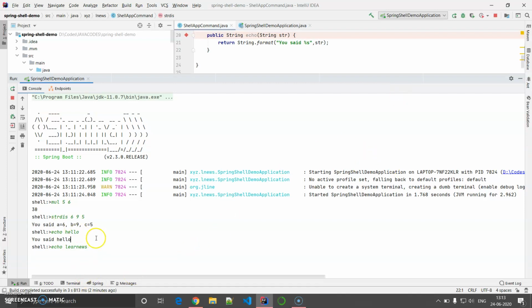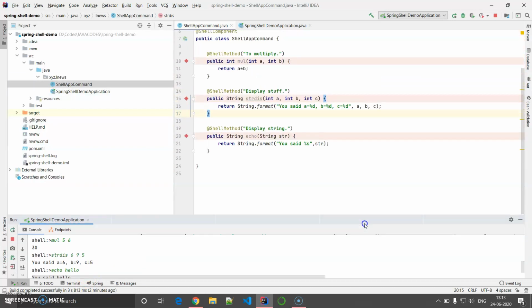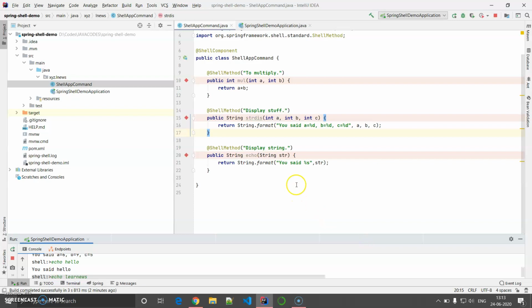It has stuck somewhere over here because of the special characters. So in that way you cannot give any type of special characters. In this way you have to customize whatever variables you are passing through here.